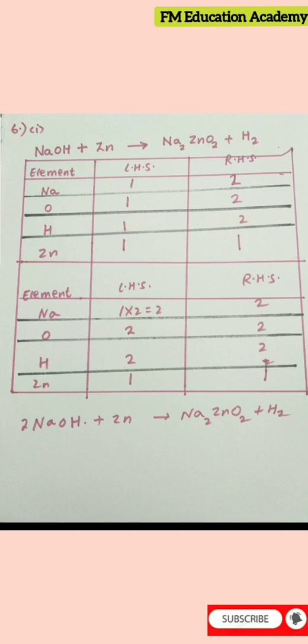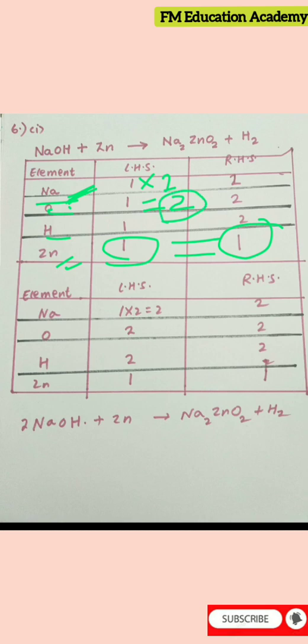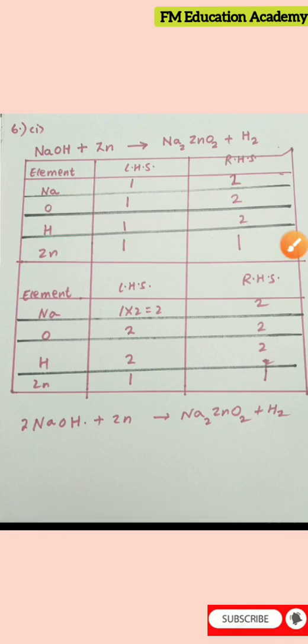Now in order to balance, remember the left hand side and the right hand side of the atoms should be the same. If these all 3 are 2, then these also I should make 2. Then only it will be balanced. Whenever we balance any chemical equation, we need to balance metals first. Zinc is already balanced, 1 is equals to 1. So go to sodium, because sodium is a metal. Oxygen and hydrogen are non-metals, but sodium is a metal. So first balance sodium. How can I balance sodium here? If I multiply this with 2, 2 ones are 2. LHS I will have 2 atoms of sodium, RHS also I will have 2 atoms of sodium. So both will be balanced. So what I'll do is, again I'll draw the table and write element, LHS, RHS, NaOH, zinc.